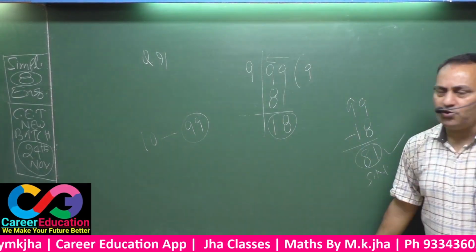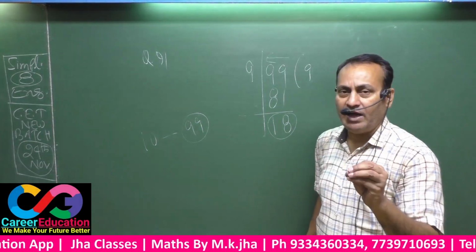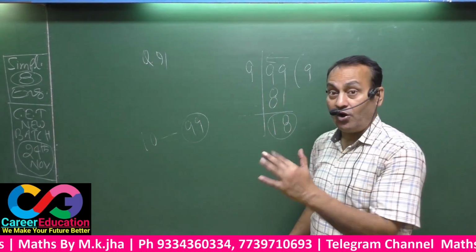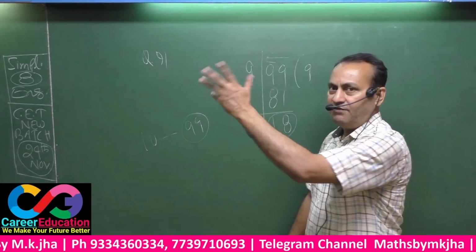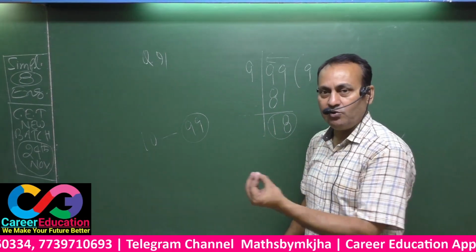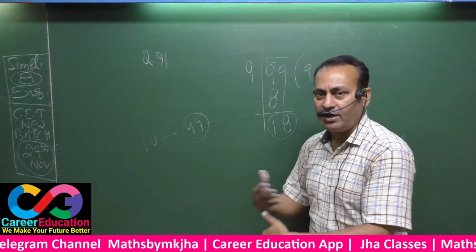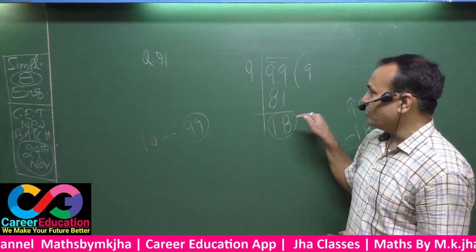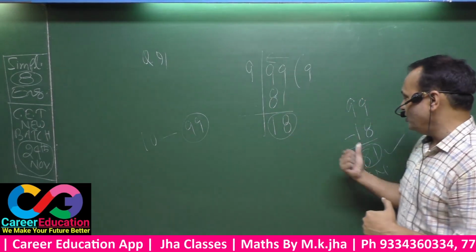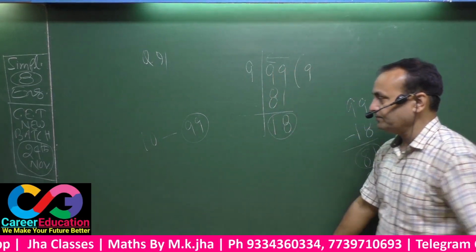That means in order to check whether the given number is a perfect square number or not, you have to take the square root through the division method and see whether the remainder is 0 or not. If the remainder is 0, certainly the number given is a perfect square number. But if the remainder is something other than 0, even 1, 2, 3, 4, anything, the number given is not a perfect square number. In order to get the perfect square number nearby, the remainder got is subtracted from 99, the given number. That means 99 minus 18 is 81. This is the biggest 2-digit square number. Be noted.